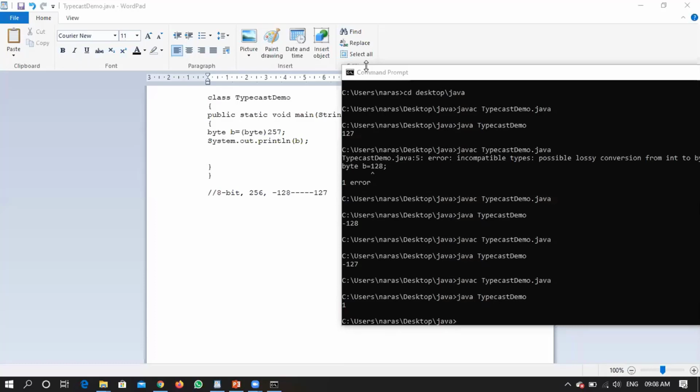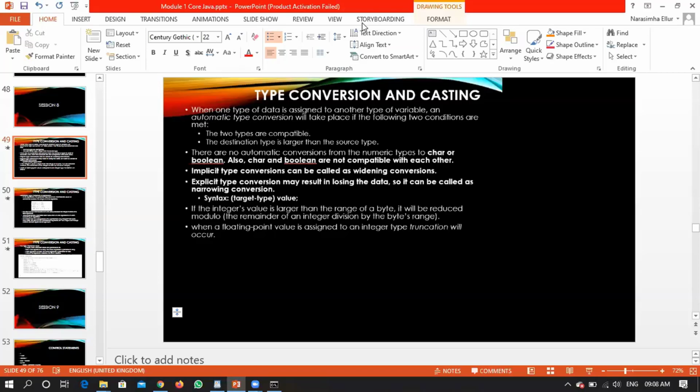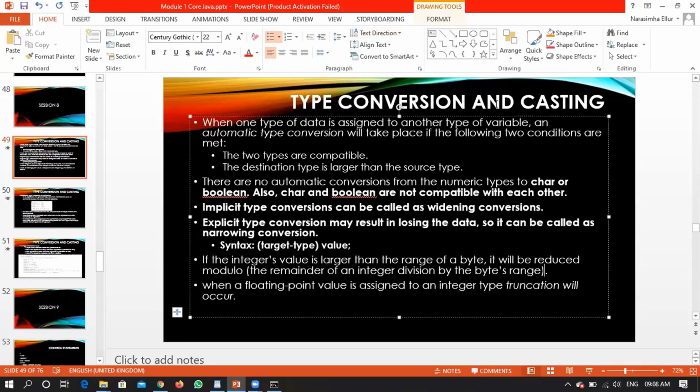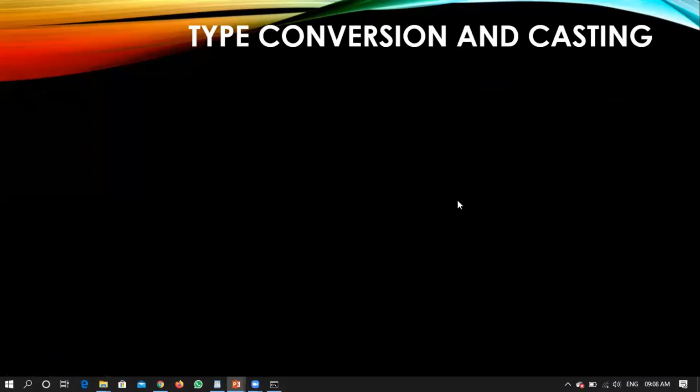It is up to the requirement how you want to use the values. If you are okay with the loss in data, then only you have to go with the explicit type conversion. If you are not interested to lose even a fraction of a precision, then you should never go for an explicit type conversion. You have to choose a possible bigger data type to perform the action. Right? So I hope now this particular point, whatever we have said with respect to a byte, that is clear.